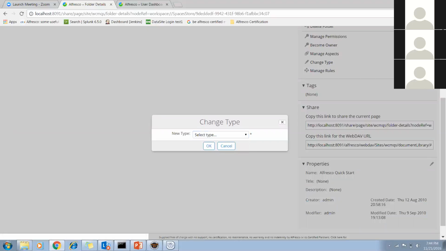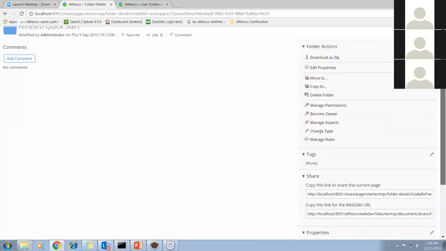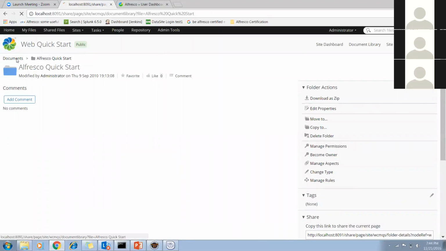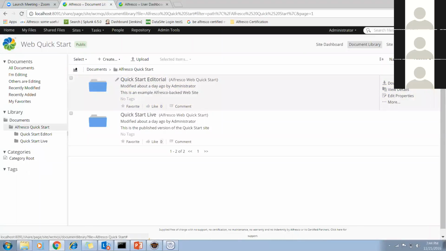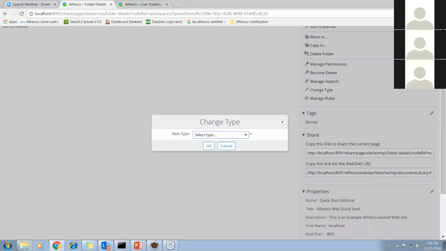Since again it is CM folder, right? Because the type is not available over here, it is taken from the parent type. Okay, let me go to another folder where another type is there. I can't see the type here. Let's go to edit properties, this view. Now see the change type. There is no type because this folder doesn't have any subtype. Whatever type is added, if it has a subtype, then you can change; otherwise, you can't change.